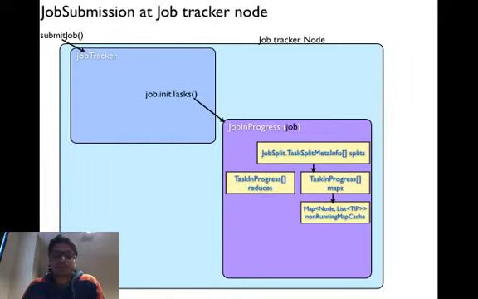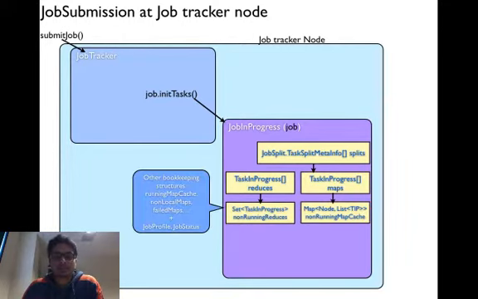It then creates another array data structure, reduces. The number of reducers is determined by the property mapred.reduce.task, and it adds the reducers in a set data structure.